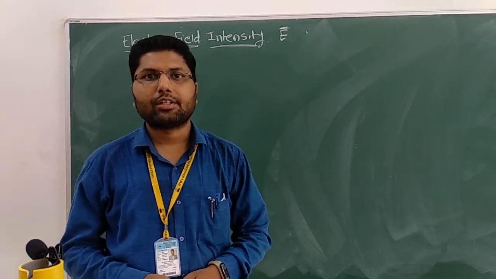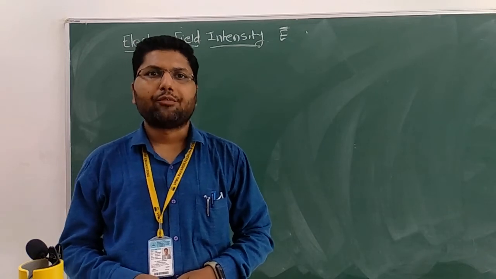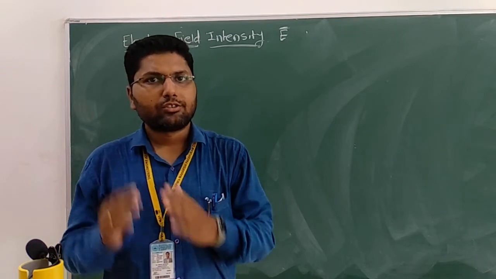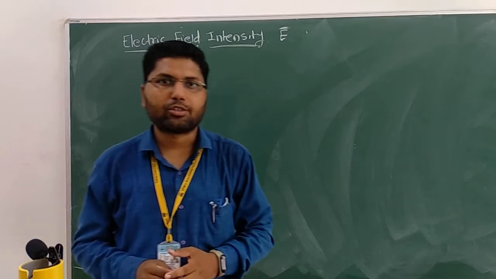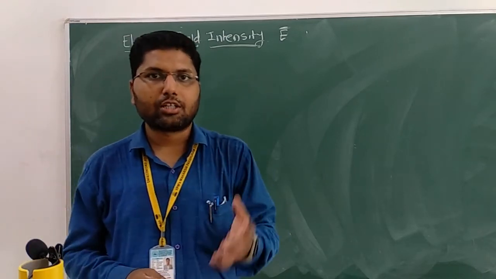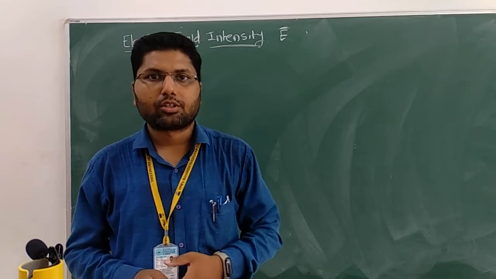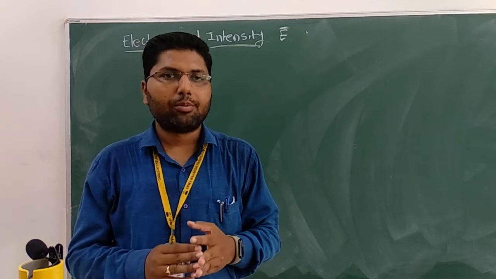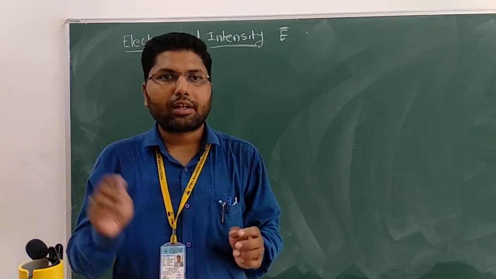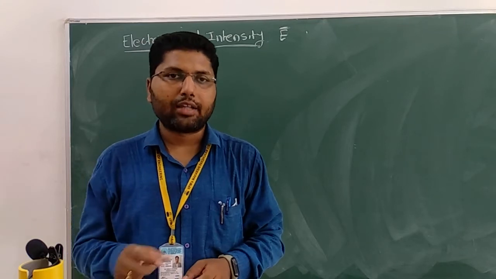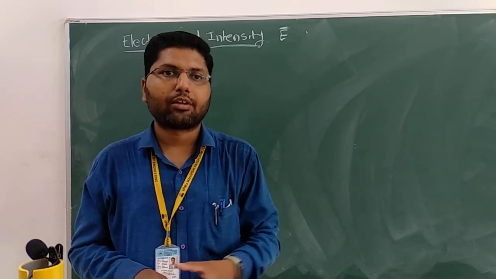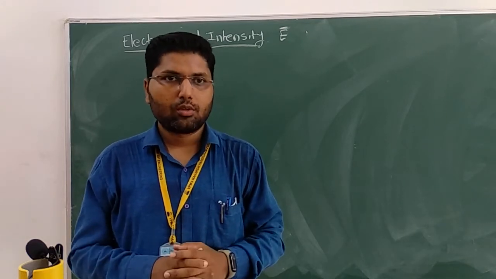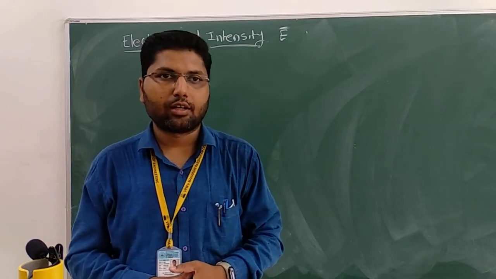In the last lecture we have seen the problems on Coulomb's law and some charge configurations. What were the charge configurations? Charge configurations like sheet charge, line charge and volume charge. We have seen the problems on line charge and sheet charge. Line charge means there will be a line distribution, and on that line you have to take a small part, and with respect to that small part we have to calculate, for the line charge, sheet charge and volume charge, the force. That we have seen in the last lecture.